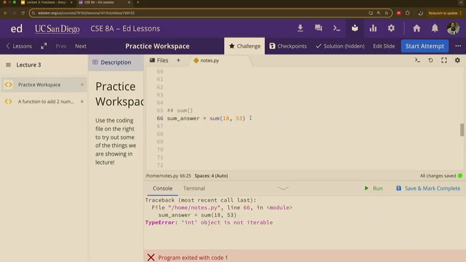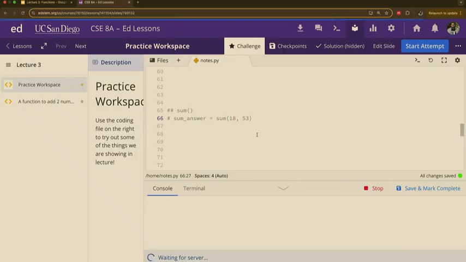That's because sum says, hey, you gave me some integers, that's not what I want. I want something called an iterable. We'll learn about iterables later on. We don't have to worry about that yet. But basically, this sum thing is looking for something else. It's not looking for integers. We're going to look at that very soon. Let me clear that up. So just remember this error that we had, sum. We tried to do it, and now it doesn't work. We're going to fix that ourselves later on in the lecture.